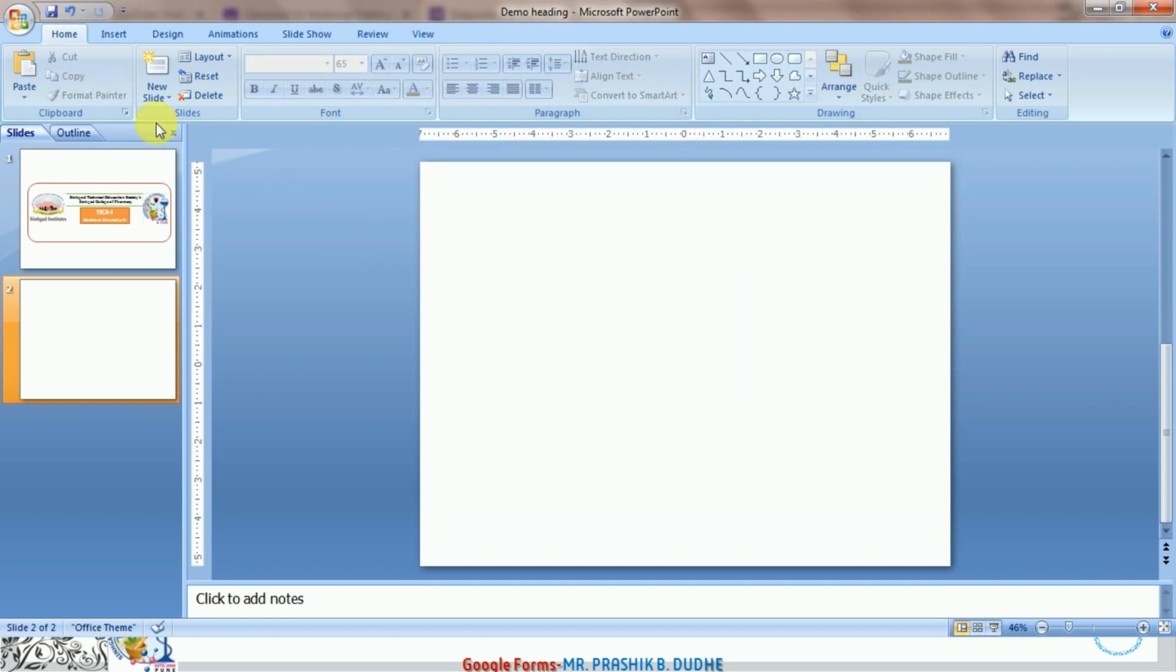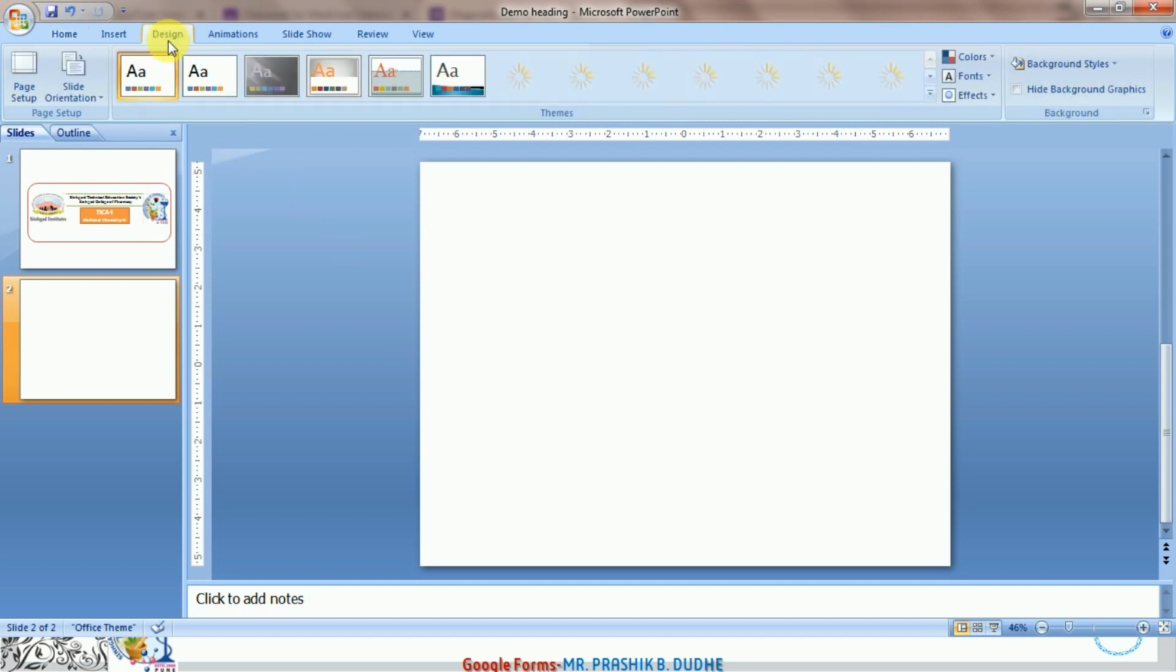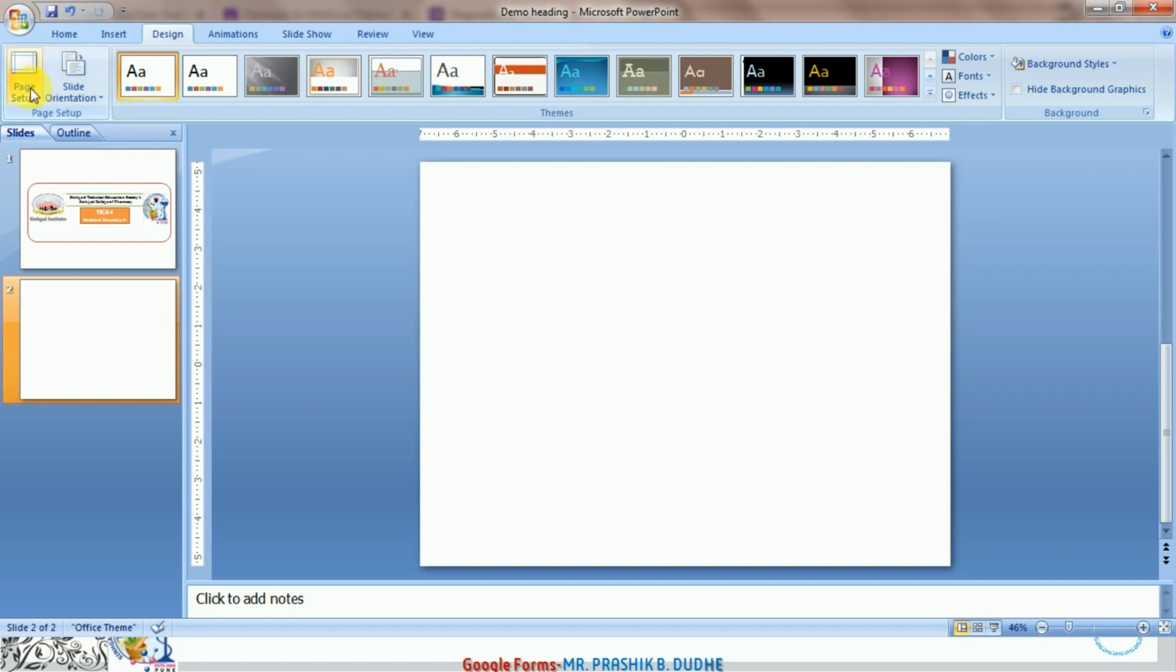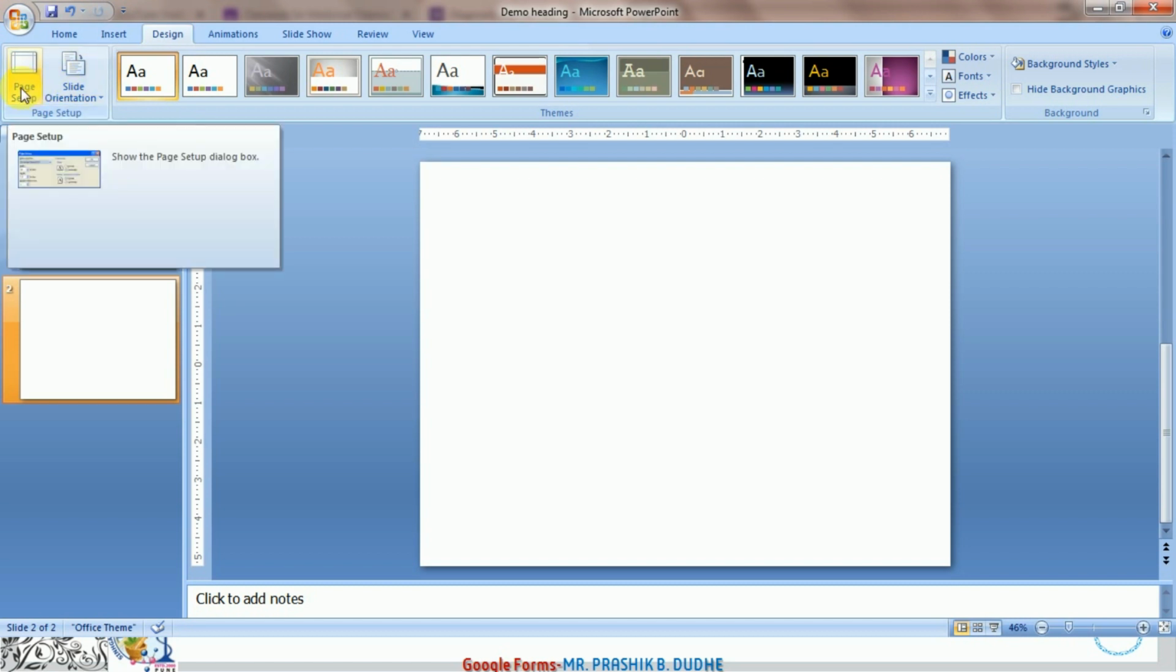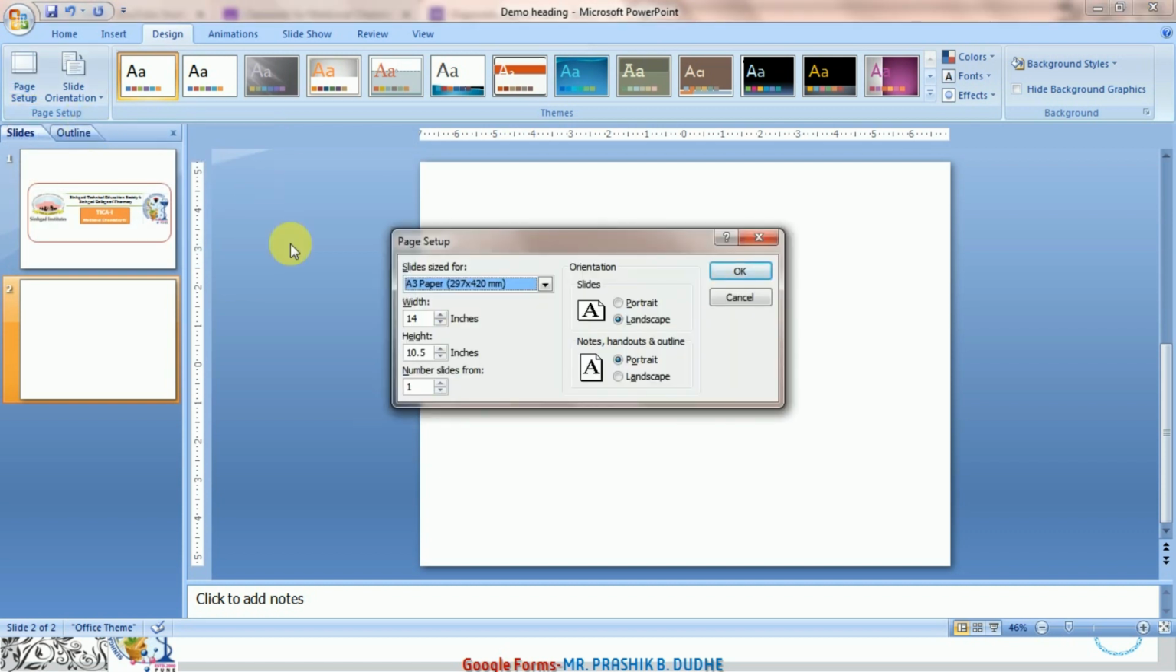Under the PowerPoint presentation, before starting, you have to do the page setting. Go to the design option. Under the design option, the page setup option is there. In the page setup option, select the A3 page. Under normal circumstances, 4:3 ratio is selected, but you have to go down and select the A3 size and click